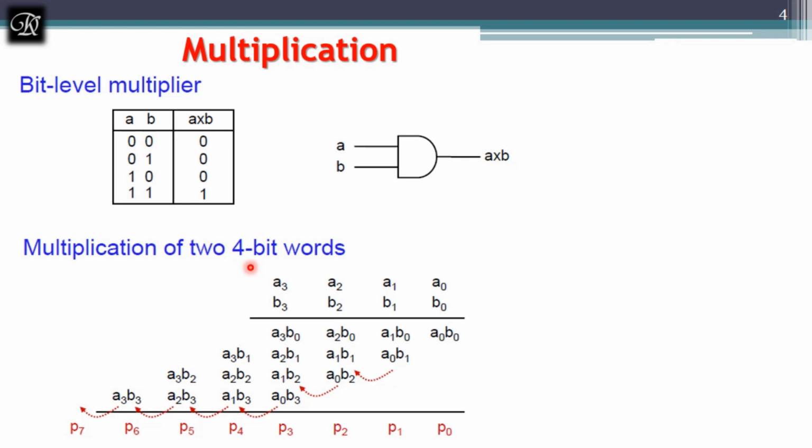We'll see how we performed the multiplication of 4-bit in the previous discussion. We called it M over there. Now I'm going to name it A: the multiplicand will be A, the multiplier will be B, and each bit of B, like B0, is multiplied with all the bits of A, and B1 in the next stage is multiplied with all the bits of A, B2 is multiplied with all the bits of A, and B3 is multiplied with all the bits of A. Each stage contributes a partial product, which we can see over here. This is how we performed the previous example.